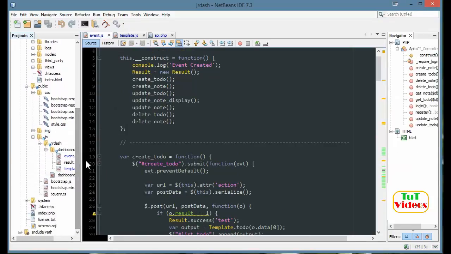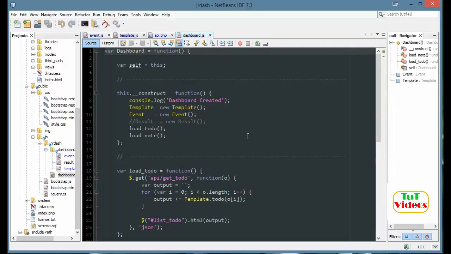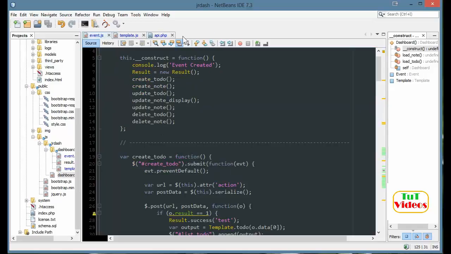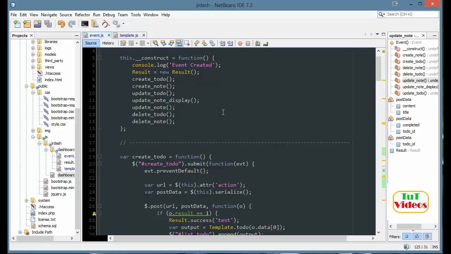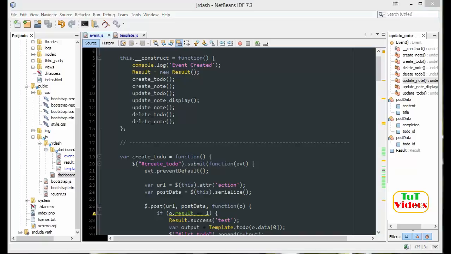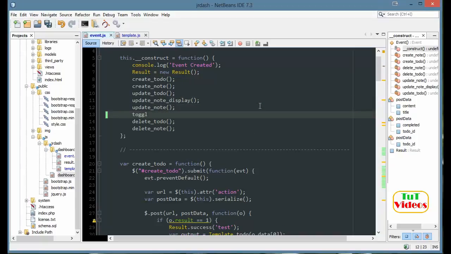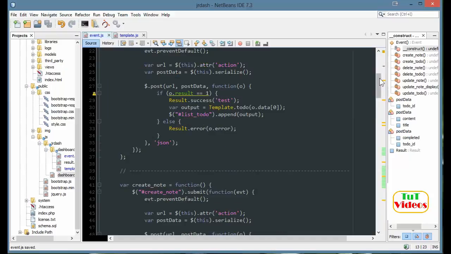So let's make sure we have this in the right order. If I go to my dashboard, we go load note, we have template and event above it, so we could use the on handler or the live handler. So I'll close this out. Too many files open makes someone go crazy, and we'll just make a method. So we're going to make a method. We'll just say toggle note. Okay, and I'll just go to the bottom